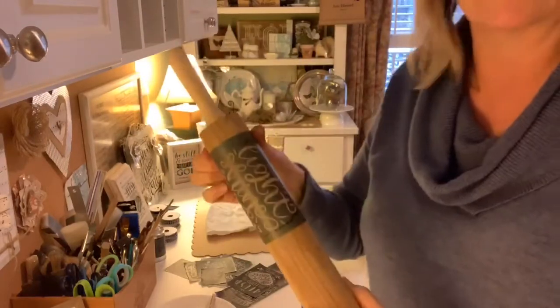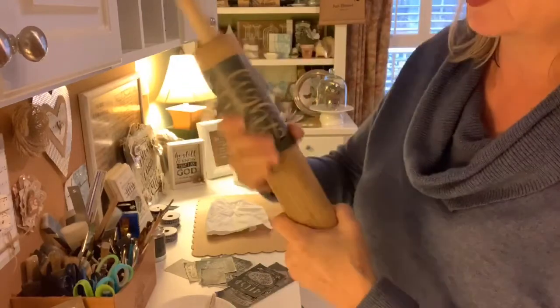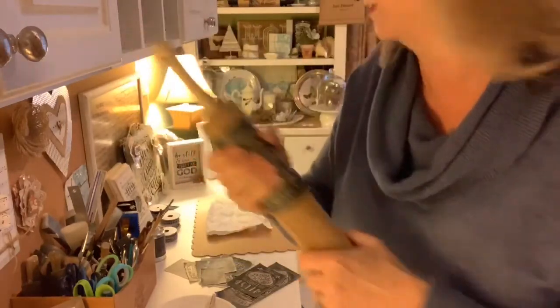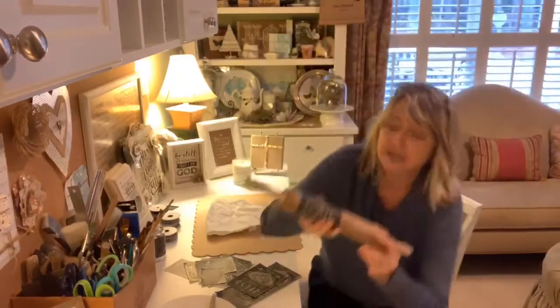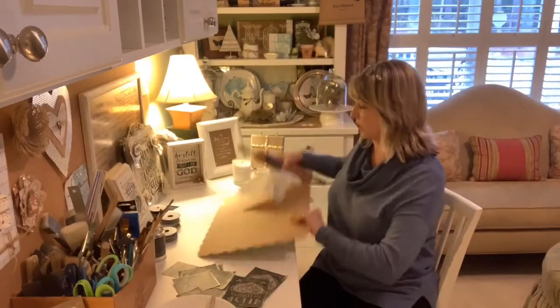So this is what it looks like. And you're really going to burnish it on so that there's a super tight seal. There's nothing getting under this, hopefully. That would be embarrassing. So once you have your stencil on, I just like to find something to work on,